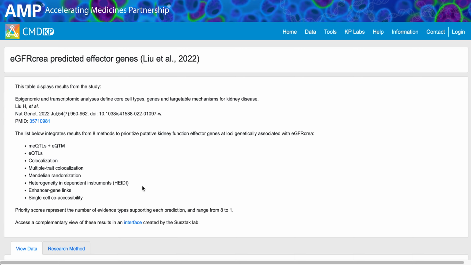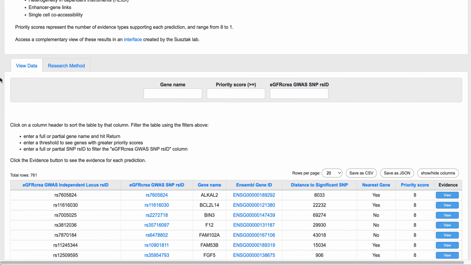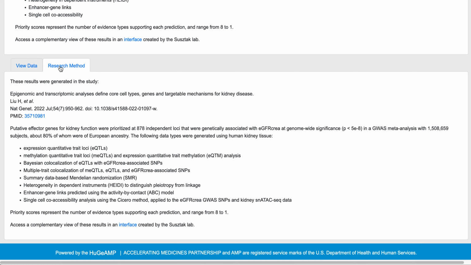The top of the effector list page shows the reference for the list and gives a brief summary of how it was generated. Scrolling down, the table of predictions is located on the View Data tab, while the Research Method tab gives more